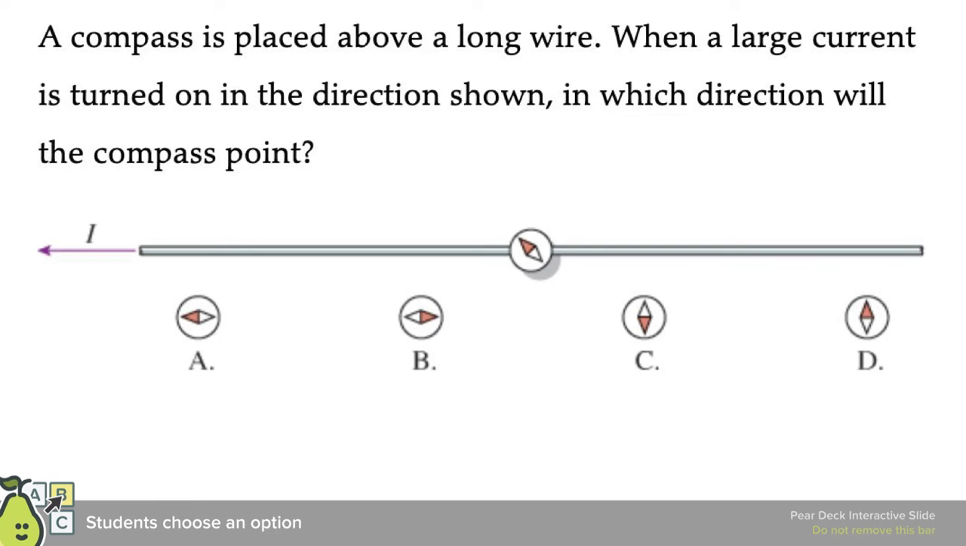All right, let's try this out. A compass is placed above a long wire. When a large current is turned on, the current shown, in which direction does the compass point? Well, we take our right hand and we say the thumb is pointing that way, so our fingers are going to curl